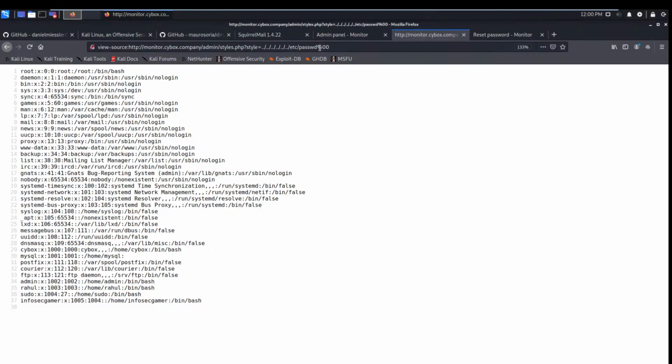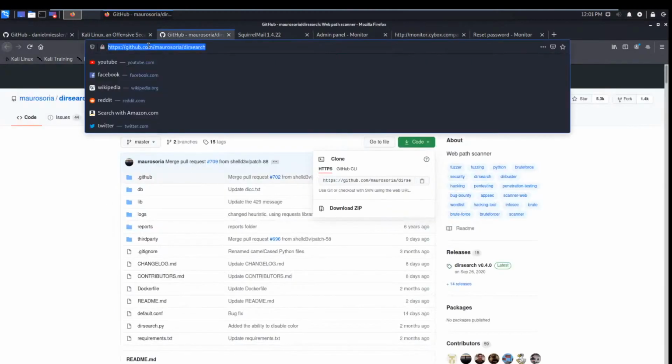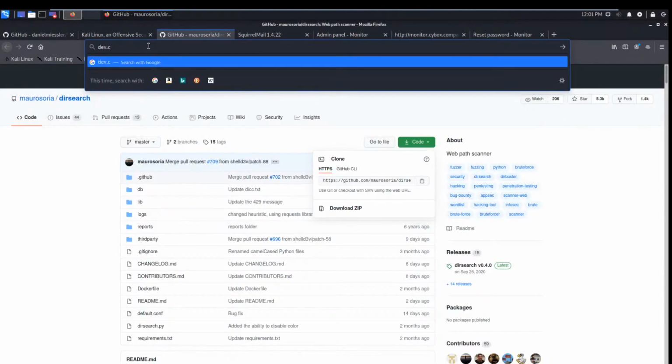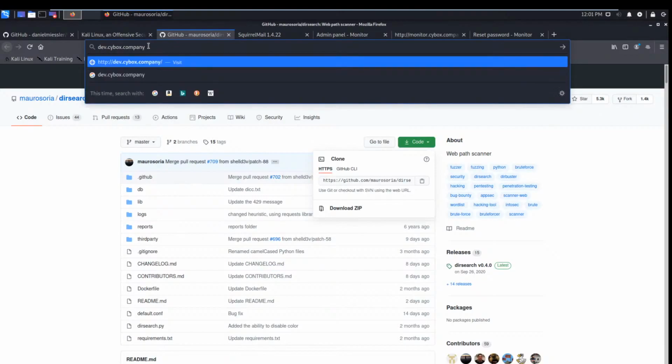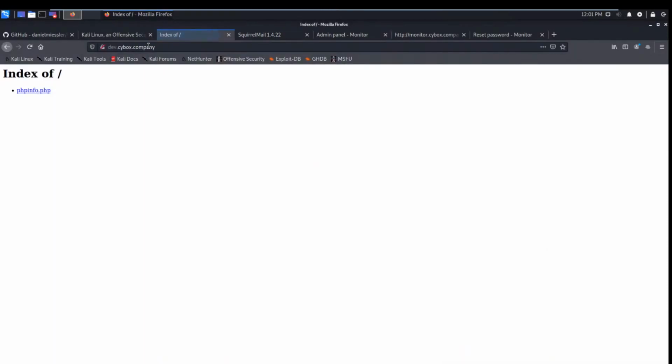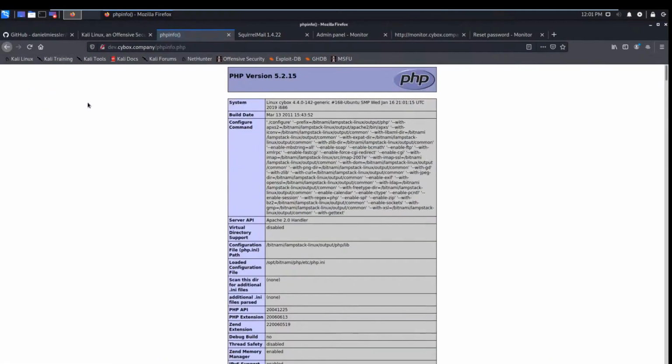Now the next thing you need to do is interact more with the Apache server, because I need to get data from the Apache server, which is close to the root directory. If you remember our link, we used to have a link known as dev.cybox.company, and these links, which I did not know, came from the results of gobuster. Press enter and you have a php file. Now phpinfo is a very important file, guys, because this will reveal so much information. You can see, and if you are pretty much familiar with the user base and so on, then definitely